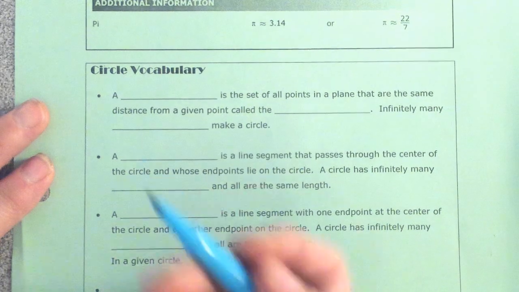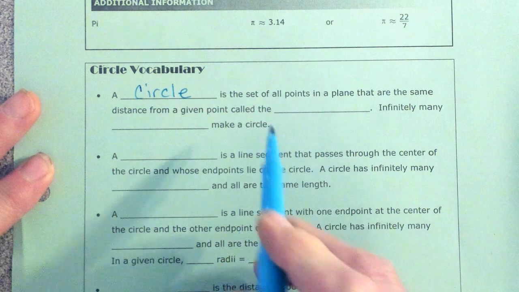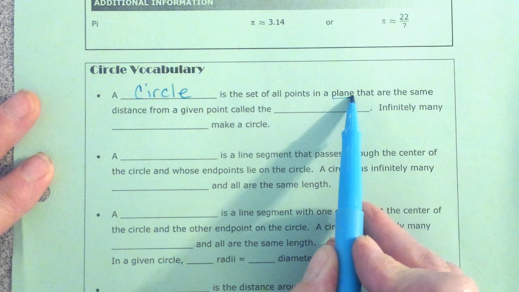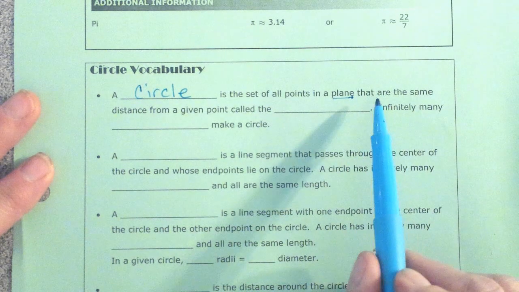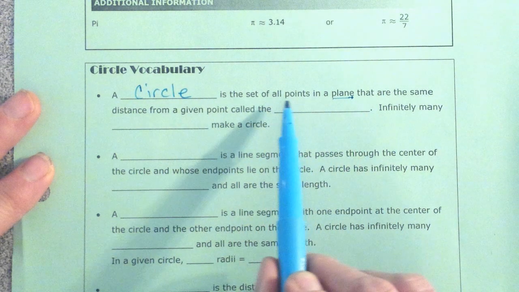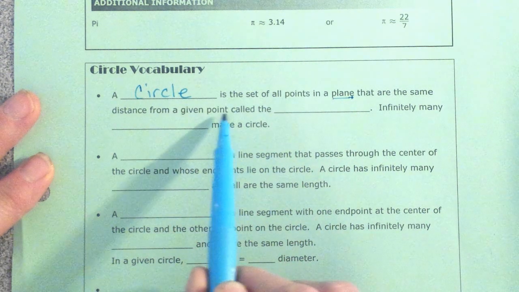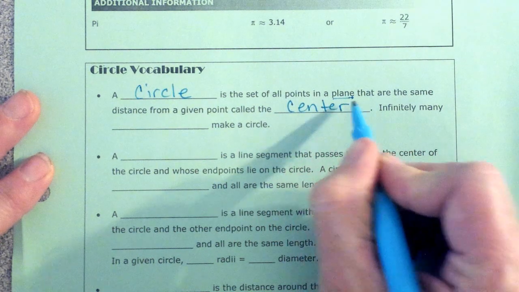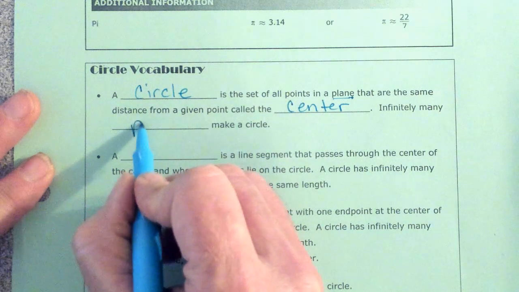What you need to know first is that a circle is a set of all points in a plane. That means a two-dimensional flat shape. If it was three-dimensional, it would be a sphere. Alright, a circle is a set of all points in a plane that are the same distance from a given point called the center. Infinitely many points